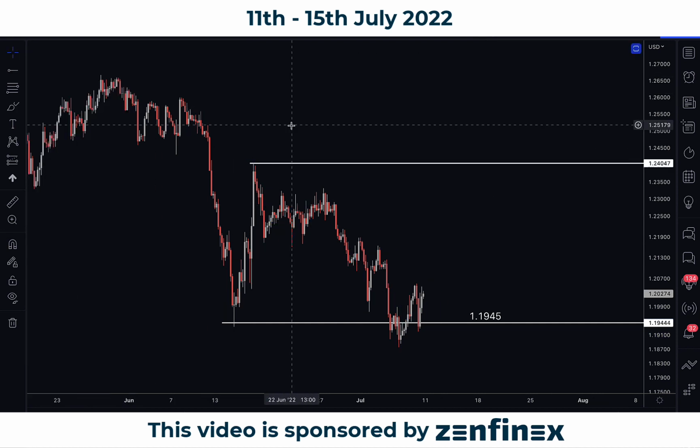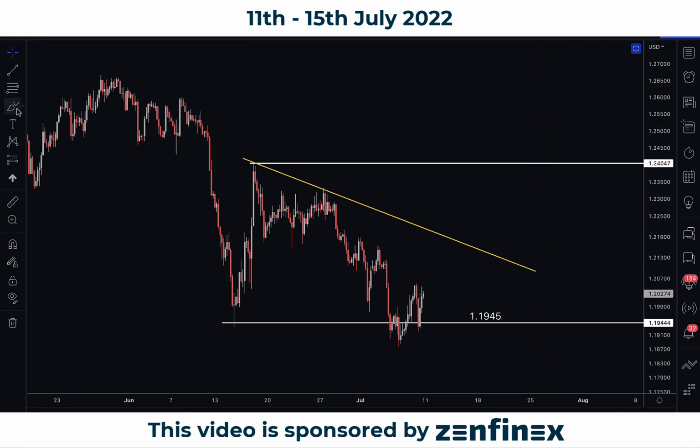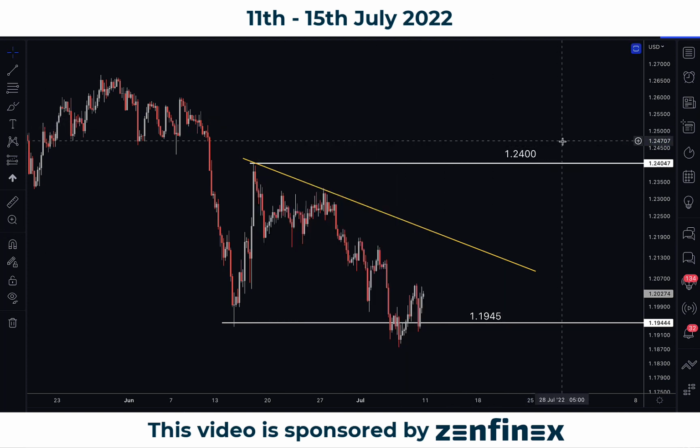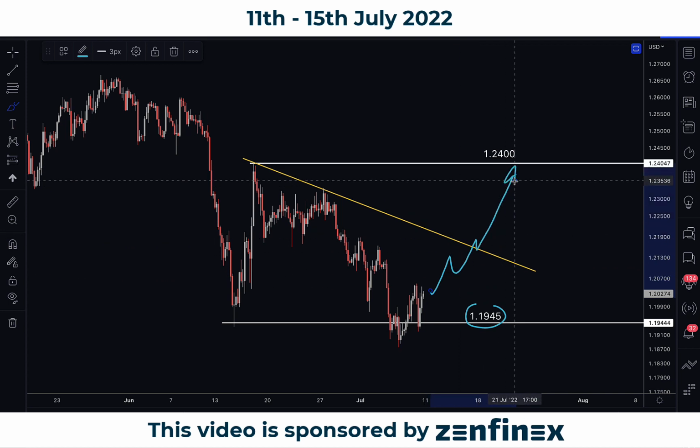And if you couple this with the potential weakness coming in from the dollar side of things, then we might have a good opportunity to buy into the pound dollar over here. So do look out for a potential target around 1.24. Of course there is some minor resistance along the way, and you need to have a proper strategy to time your entry and exit and manage the trade. But for me, as long as the market is able to maintain above 1.1945, I'm looking for a buy opportunity on the pound dollar towards 1.24 for the week.